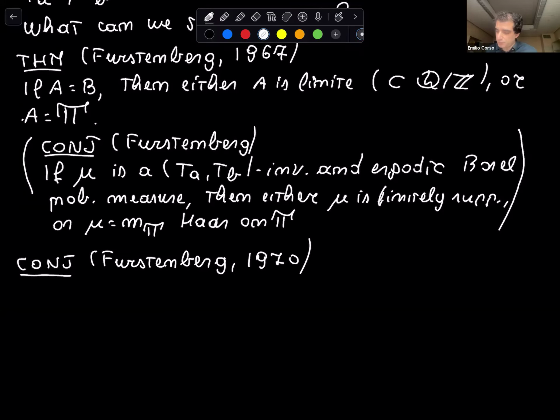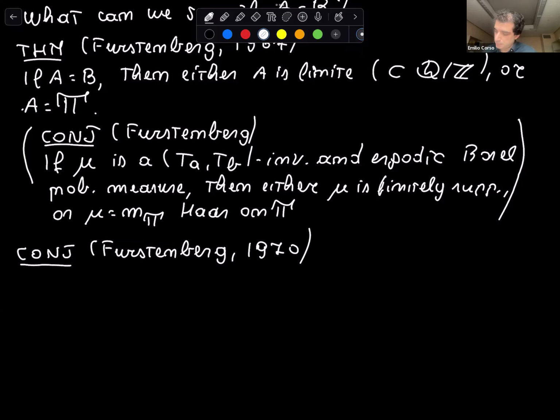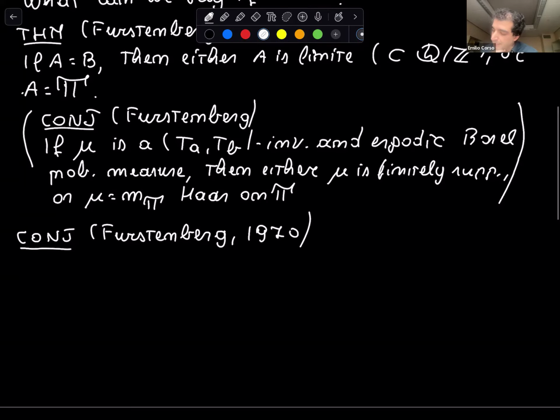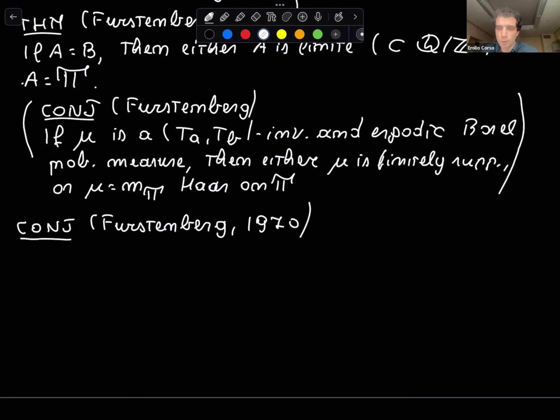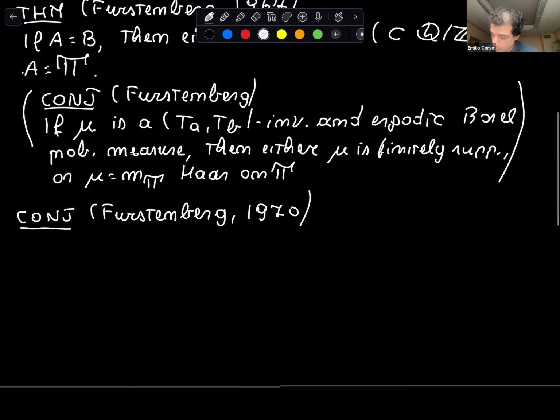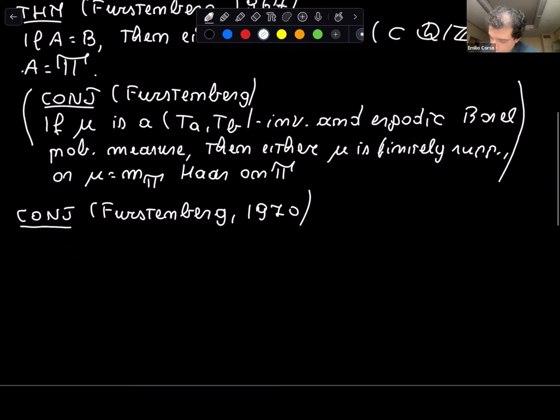What can we say about the intersection of the two sets? And we expect it to be as small as possible. The way to measure the size of an intersection here is using some notion of dimension taken from fractal geometry, the most widely adopted one being Hausdorff dimension. So let me state it in terms of the Hausdorff dimension, even though for these sets, all notions of dimension that we know actually turn out to coincide for closed invariant sets. But let me use the Hausdorff dimension for convenience.